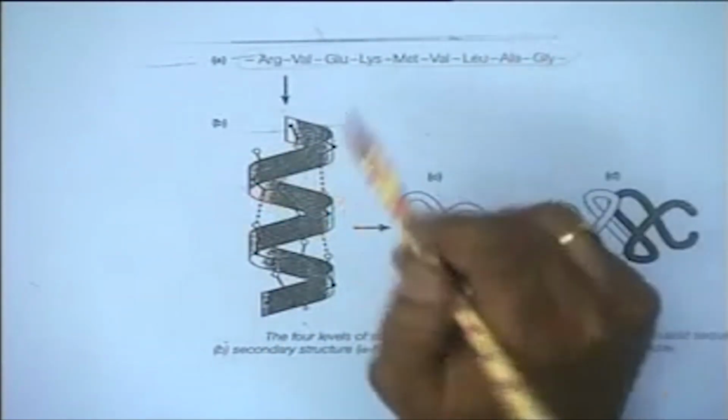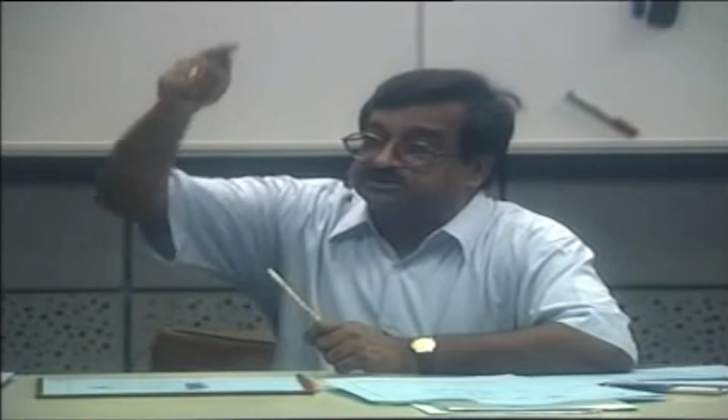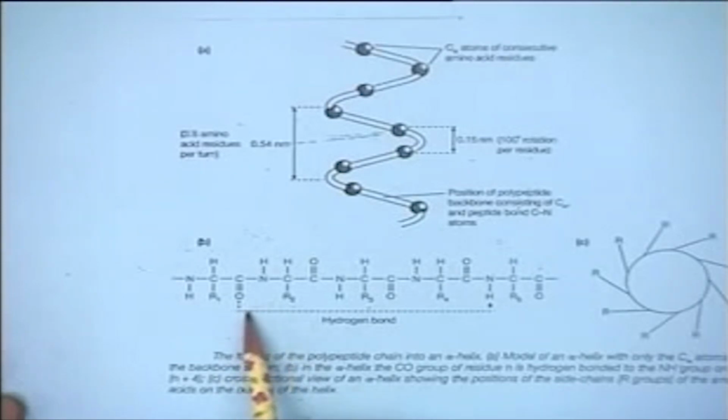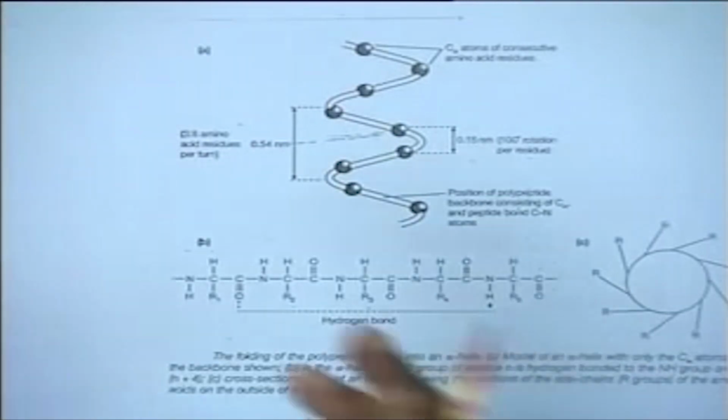Then this chain can fold itself locally in the shape of either an alpha helix or a beta pleated sheet, so as to give a secondary structure. Here is a secondary structure in the form of a right-handed alpha helix. The helix moves upwards, and the structure results from the formation of hydrogen bonding between the peptide bonds. A hydrogen bond is formed between the NH group and the CO group in the chain, located 4 amino